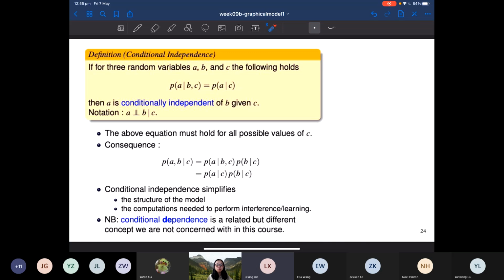So for three random variables A, B, and C, if the conditional probability of A conditioned on both B and C is equal to the conditional probability of A given C, then we say that A is conditionally independent of B given C. Right, so one intuitive way to reason about this is that if we have, let's say,